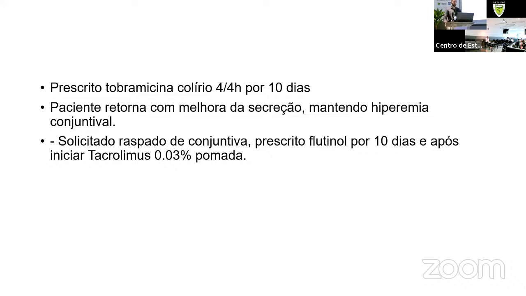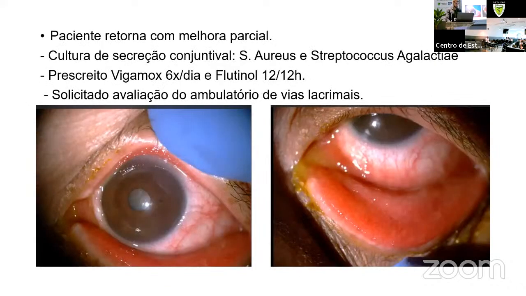prescribed flutinol, which is a weak steroid, for 10 days, and we also started tacrolimus 0.03%. Again, the patient comes back feeling a little bit better, but not completely. The conjunctival scrape showed us Staphylococcus aureus and Streptococcus agalactiae, and we prescribed moxifloxacin 6 times a day and flutinol,